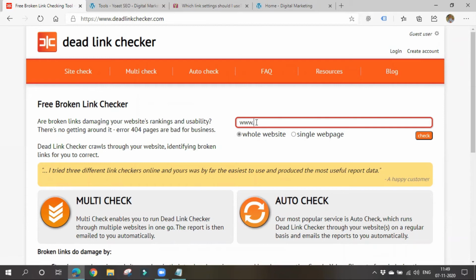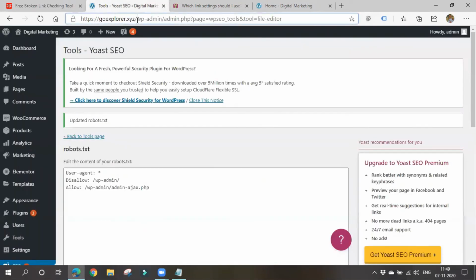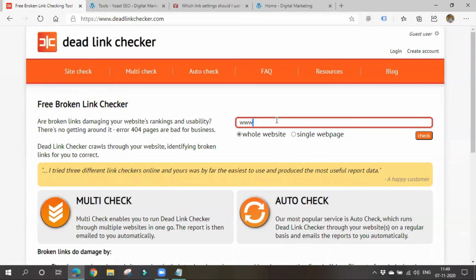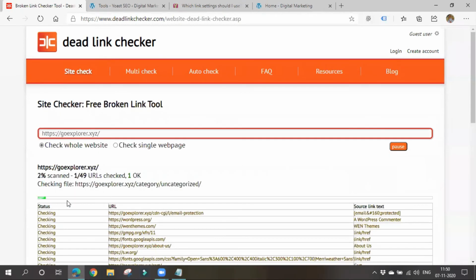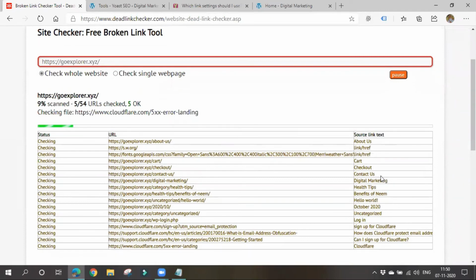So these crawlers will go to your website and will check whether there are any broken links or not. So I'll give this particular website URL. Captcha code, enter it. Now it will be checking. This thing will be processing. It will check everything and give you whether there are any broken links or not. Okay, in your website, if there are any broken links, it will show you.